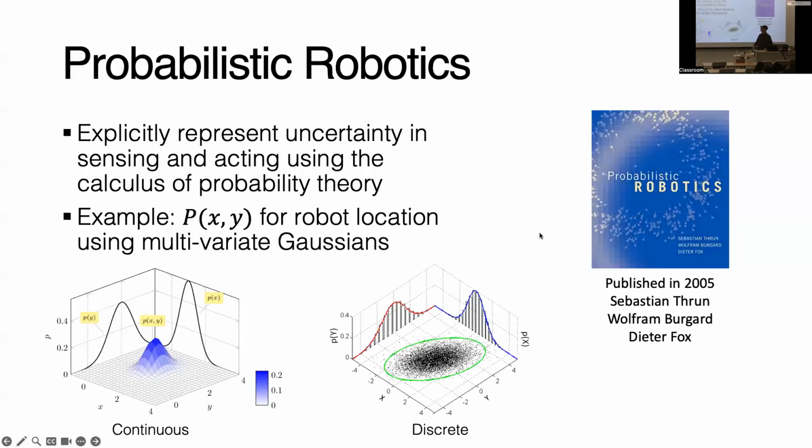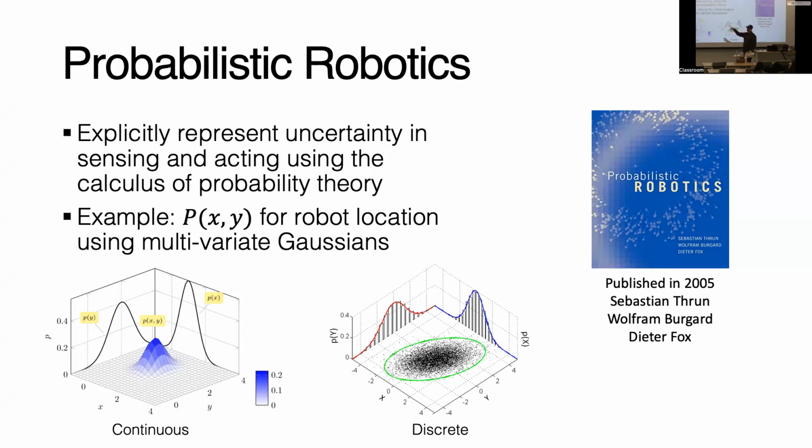All right, so probabilistic robotics really took off in the early 2000s. And this book, which there are excerpts from on the Google Drive for you to read for this lab, is the seminal textbook on methods in probabilistic robotics. Just about anyone you ask here will have this book in their office, okay? So the idea is that we're going to explicitly represent uncertainty